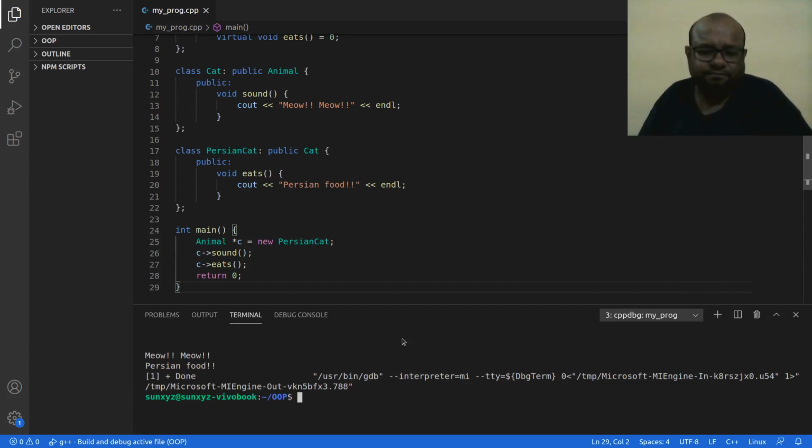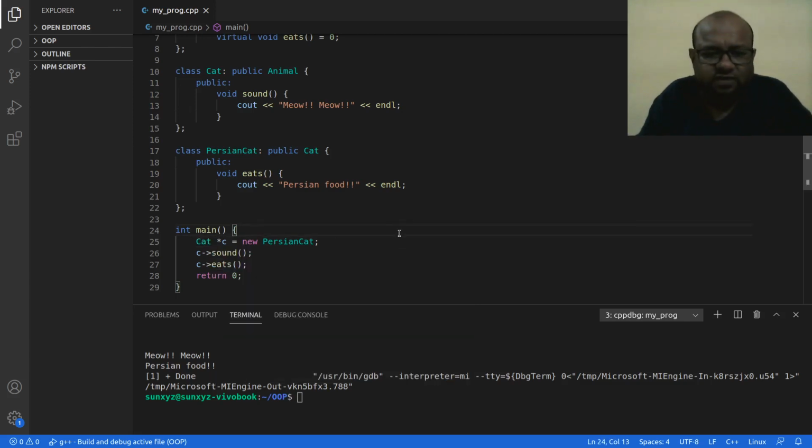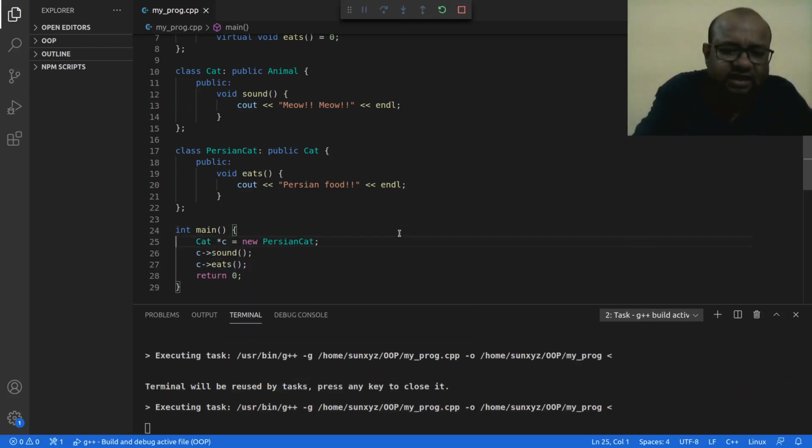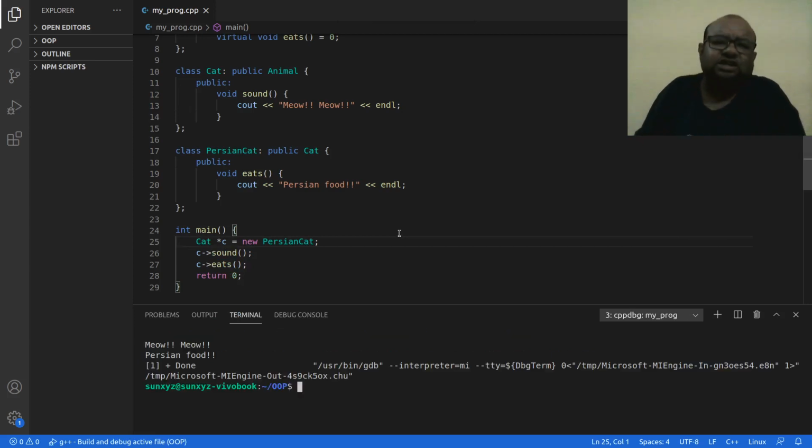And then I can do this as well. Cat. This is directly the parent of Persian cat, and if I compile and run this, once again I should get the same output, and that is what I get.